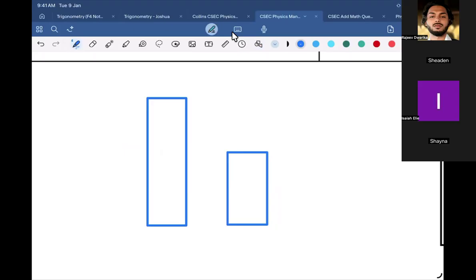Because its center of gravity is closer to the ground. Yes. Shay, were you going to say that? I was going to ask you to repeat the question. Shay, in the event of an earthquake, which one would have a lower chance of toppling? Let me repeat it again. You have an earthquake, you have a tall building and a shorter building. Which one would topple over quicker? I feel like the taller one.